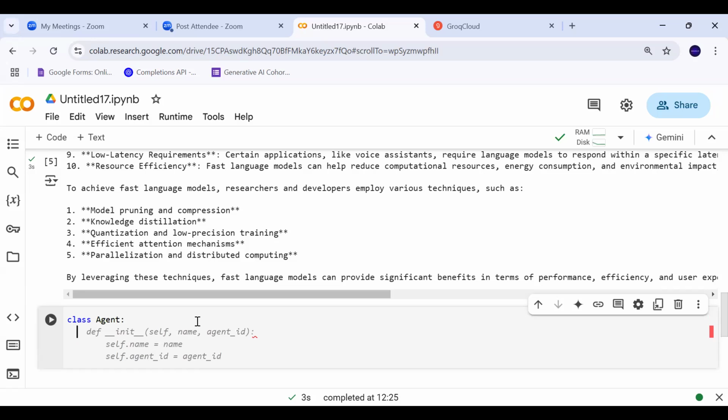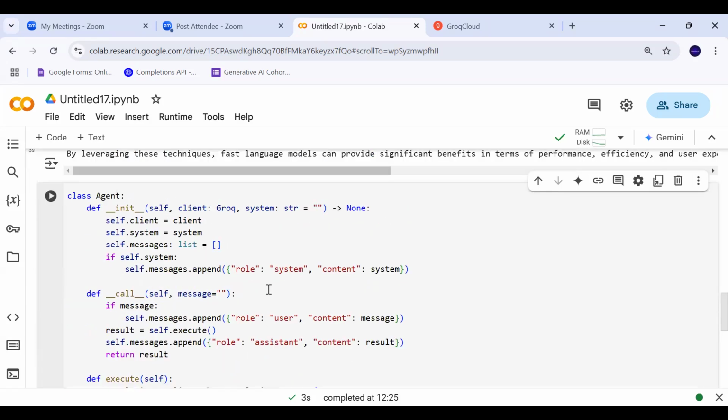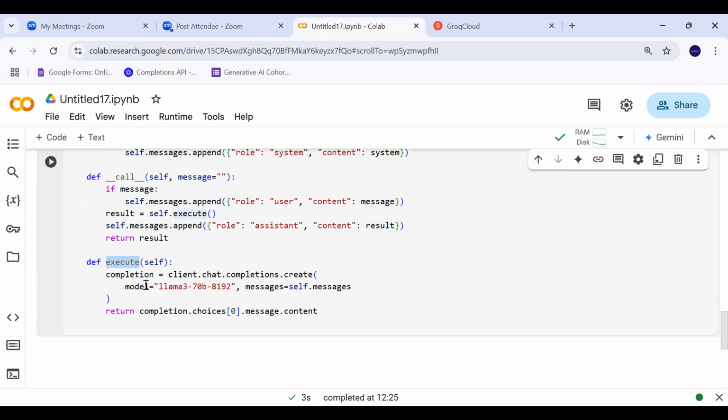When we create this class, let me copy paste the code directly. What we are doing is defining our class Agent, and within that class, we have this init method, we have this call method, and we have this execute method. So let's have a look how this is working.